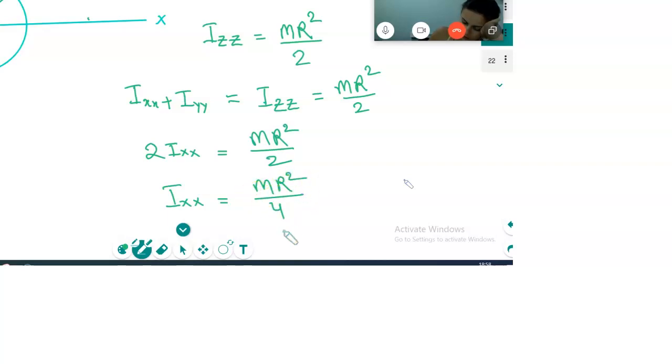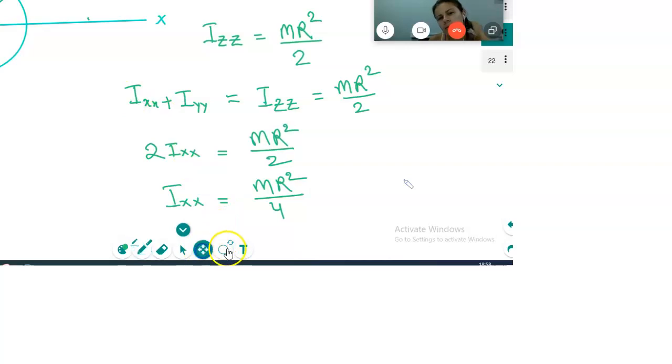See, about this axis I have got the moment of inertia. Is it clear? Which axis did I get this moment of inertia about now? This axis, correct? Or this axis, the x or perpendicular y axis. Is it clear? Yes. Good.